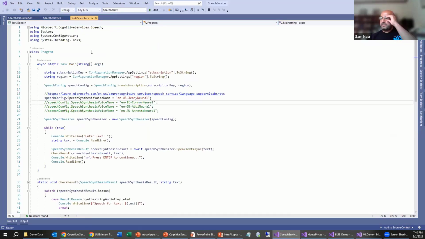With speech services, it gives us the ability to do multiple things, specifically text-to-speech, speech-to-text, and then speech translation. So with text-to-speech, these are items that do not need a model to be trained, but rather it uses the model that Microsoft already trained it on. And so we can leverage that just by making an API call.